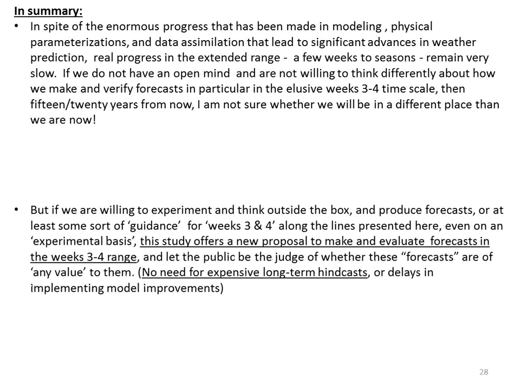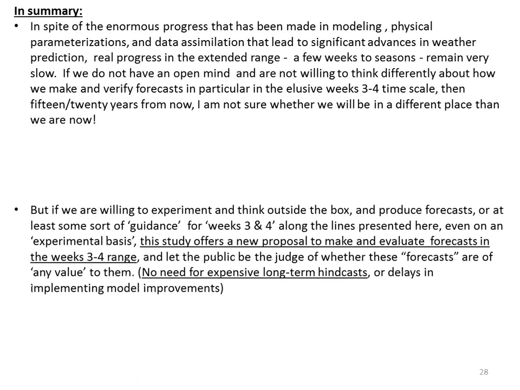I was told by a few people that this is something utility companies will simply like, this kind of a thing. But as scientists, we don't think of it that way, because we have always been constrained to think in a long straight line and not change the rules. In private industry, they allow people to think differently than the conventional way. Anyway, this study offers a new proposal to make and evaluate forecasts in the 3 to 4 range,